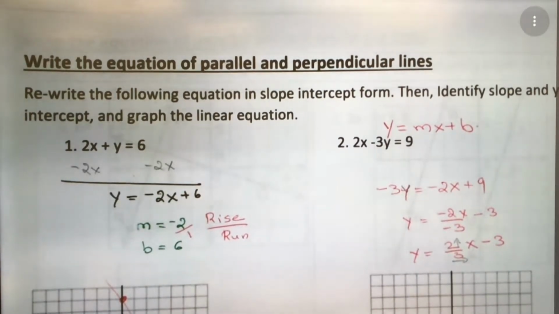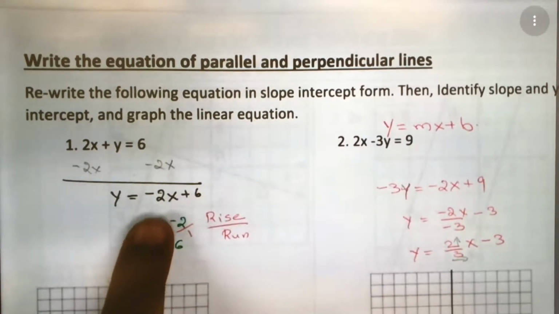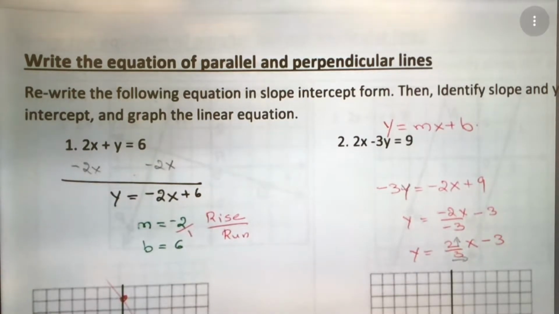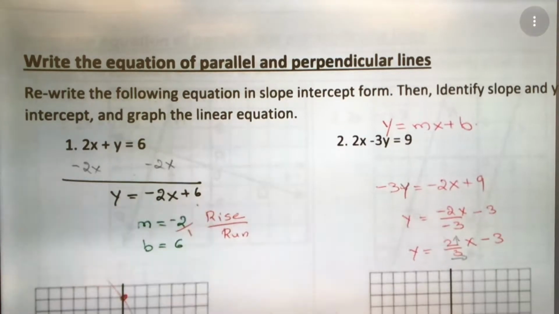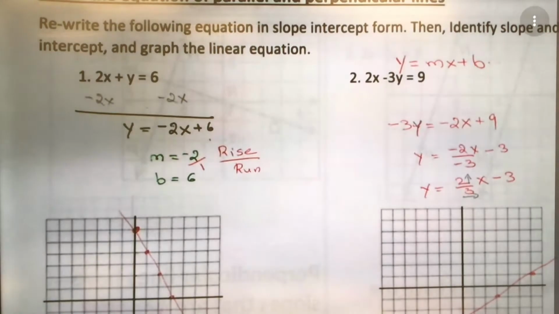To write the y is equal to mx plus b form, you had to isolate y, so you had to remove the 2x to the right side. You subtract 2x, and you get y is equal to negative 2x plus 6. Now it is in y is equal to mx plus b form. In the place of m, I have negative 2, so the slope is negative 2, and the y-intercept b is 6. When you draw the graph of this one, I need to mark